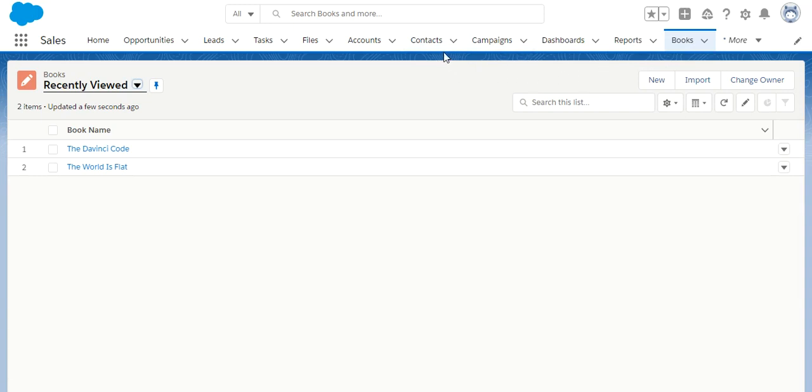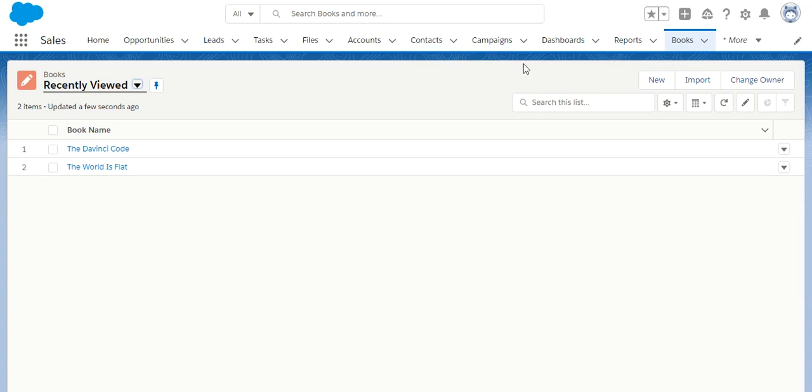Simply, we can see here, a single contact can purchase many books, and a single book can be purchased by many contacts, like it's about the vice versa. So this is a many to many type of relationship.